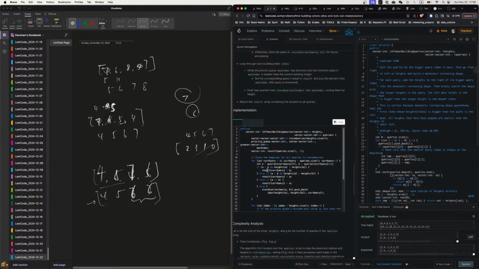Else, it's A smaller than B, but height A is larger than height B. Right? Just like one of them, one index is smaller than the other, but its height is bigger. So if that's the case, we get a